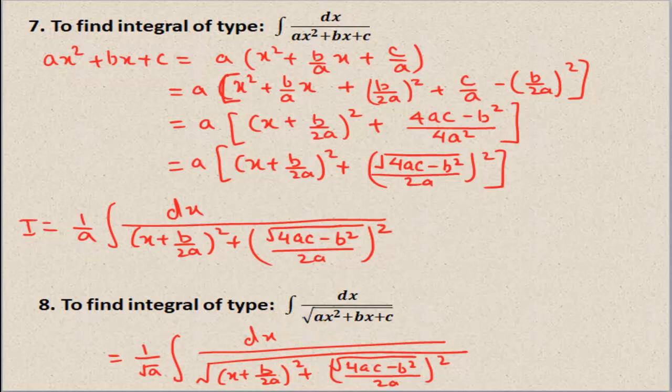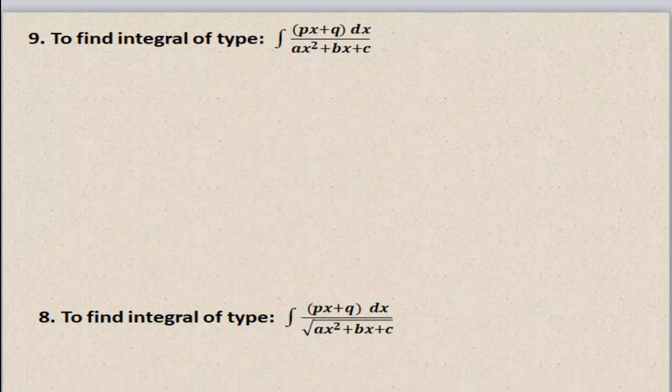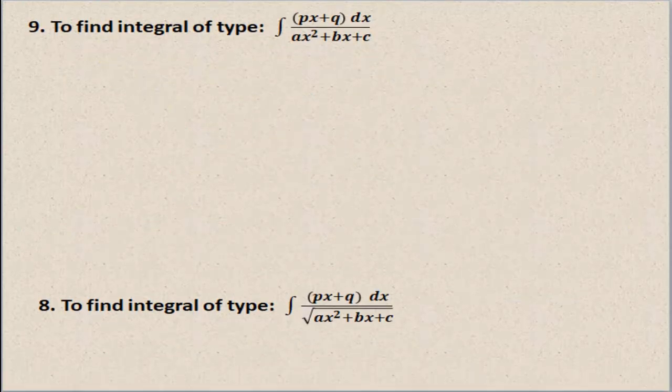Now let us explore another type which is possible here. See, this is another case. Suppose till now every time the numerator was a constant 1. Suppose it is a linear polynomial in the numerator, then how are you going to deal with it? The denominator is a quadratic polynomial, this without the square root, this with the square root. So it is the numerator we need to get rid of. So what will we do? We will try to write px + q as a derivative of this quadratic polynomial so that we can get rid of it and we can use substitution. Let us see how that can be obtained.